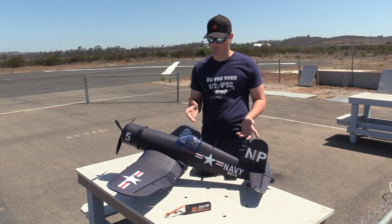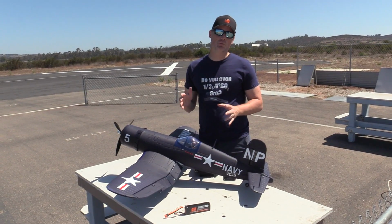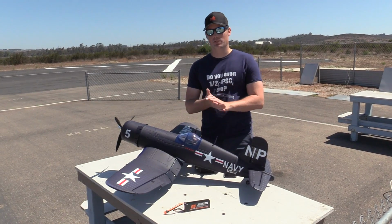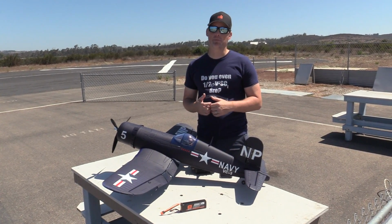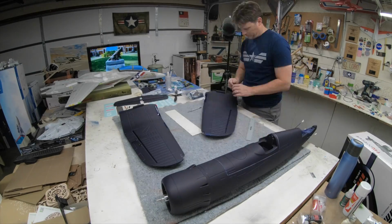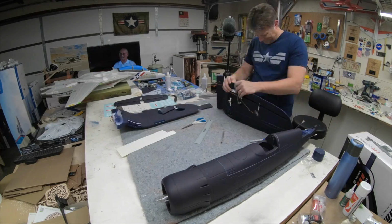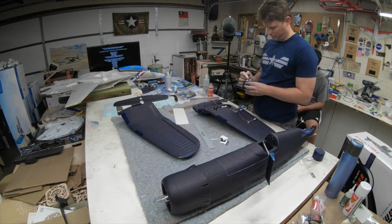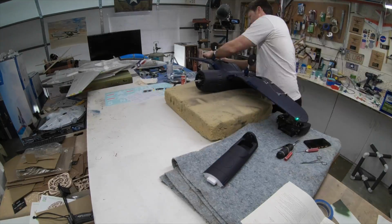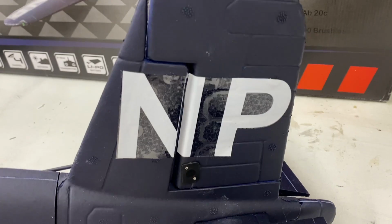We're coming to you from the field and we are taking a look at the new V2 version of the Dynam Corsair. Now, this is very similar to the V1. However, one of the primary differences, it does come with flaps. And I did do some modifications here, which we'll talk about in a little bit. The airplane itself assembles exactly the same as the V1, and so I'm not going to cover much of that here. You can check out my V1 review for the assembly there,